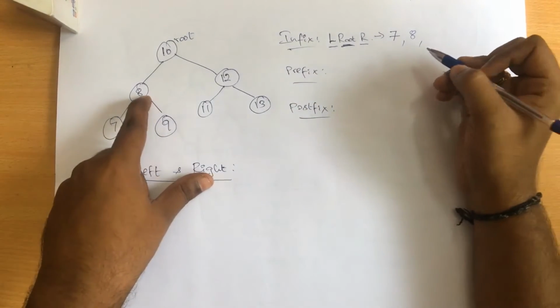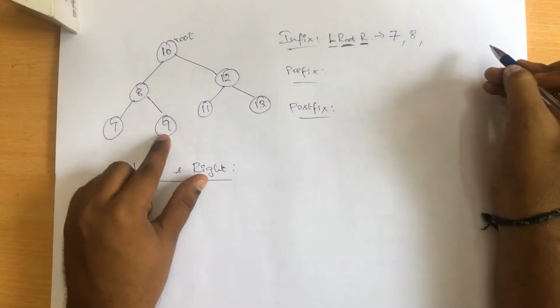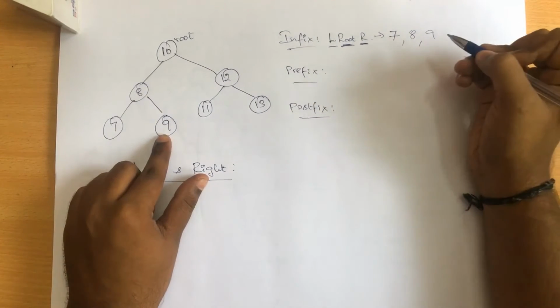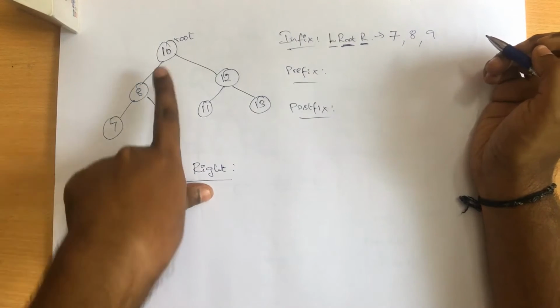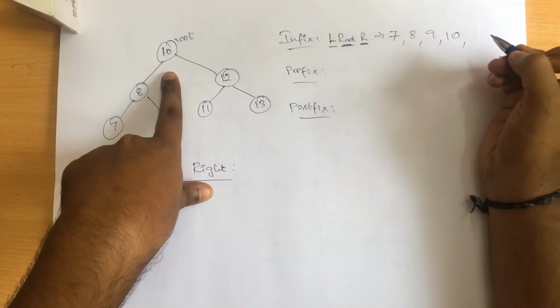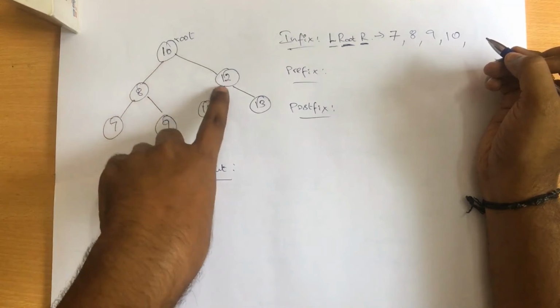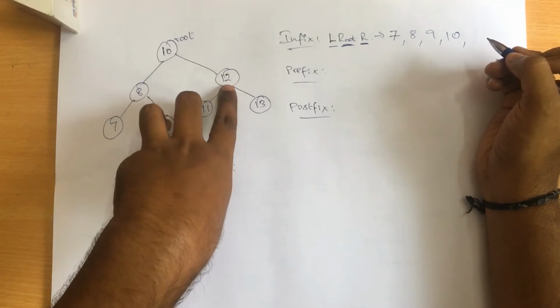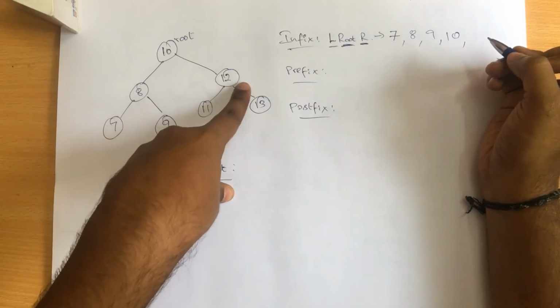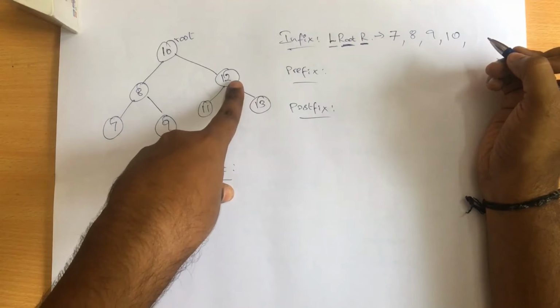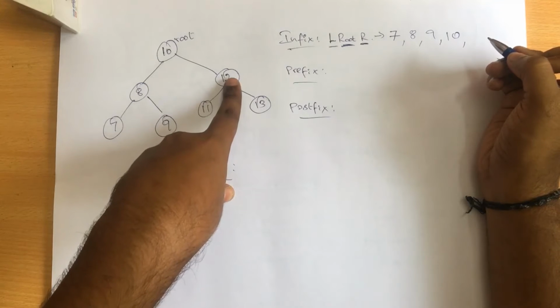So after root, I have to go with right hand part. So right side is 9. So again, after 7, 8 and 9, I have to go with root node, that is going to be 10. So after root, again go with right. So when it comes with right side, this 12 actually has a left node, right? So I cannot directly print 12 since it is a right node. I still need to check whether 12 has values or not, right?